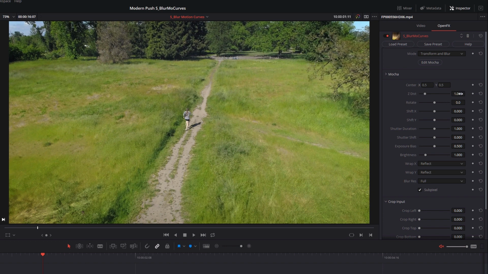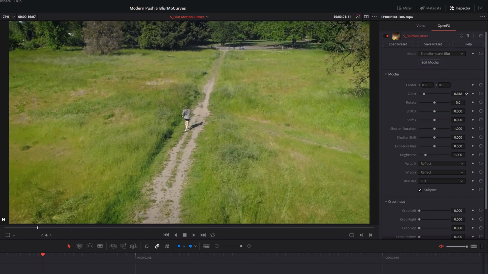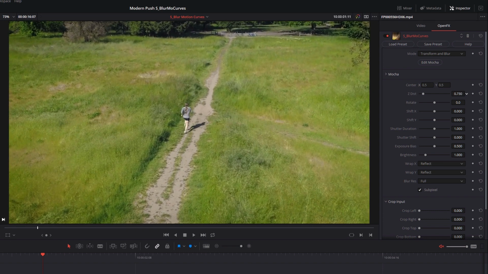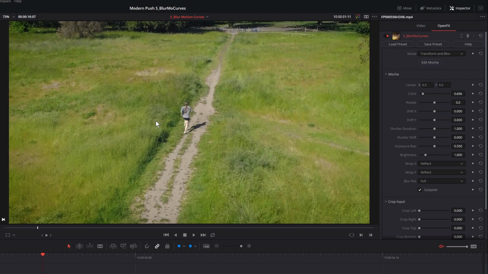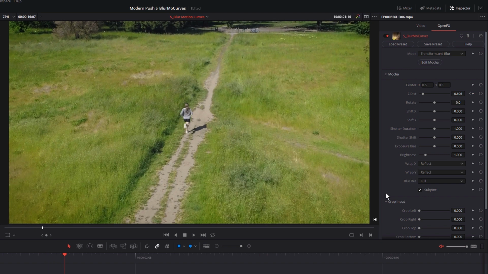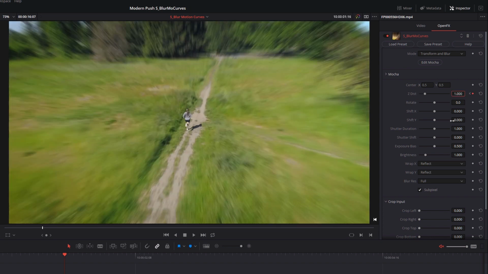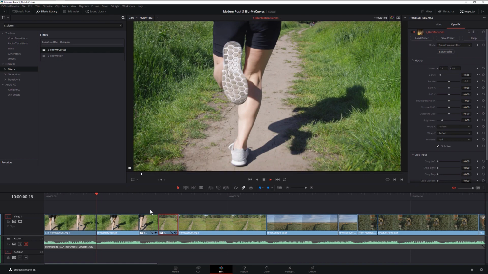And what I'm going to do is just take this down in the opposite direction so that we're zooming in to the incoming clip. Add a keyframe on that. Our wrap is still the same, of course. So I'll come to the end here, end frame is that one. And once again, set our Z distance to 1. So now if we play that back,